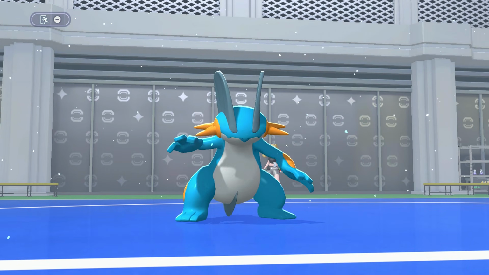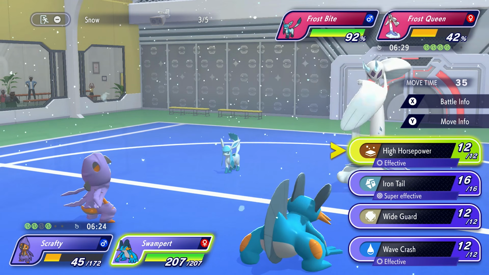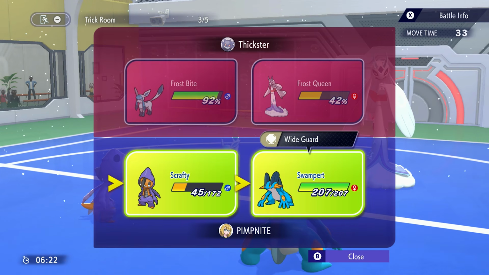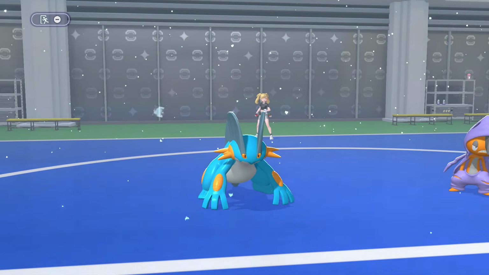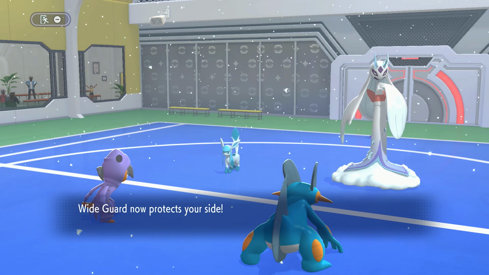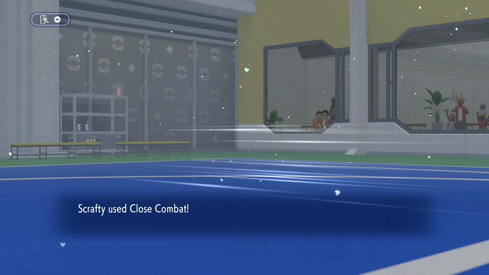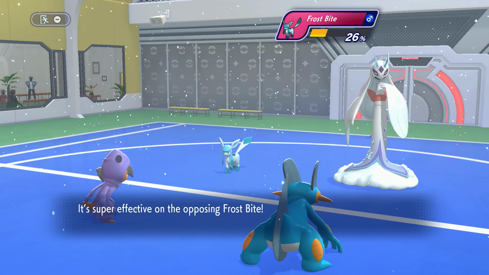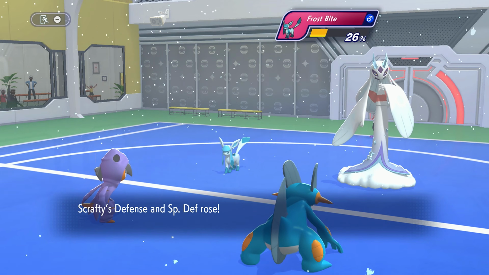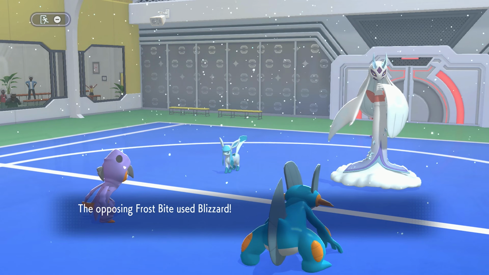Nice touch there. So bringing in Swampert. This actually is quite a good set. Well, the Wide Guard part of it is. And I brought Iron Tail on there, or there was Iron Tail or Hard Press. Take your pick. That was for Sylveon, right? So I had the Wide Guard, which was useful for getting around Blizzard, and I was starting to attack this Glaceon, right? You know, get some damage there, build my defenses in case they did go for...